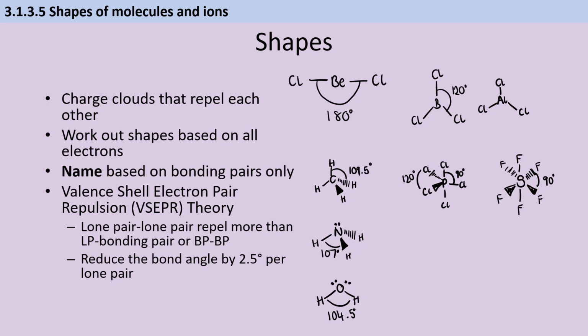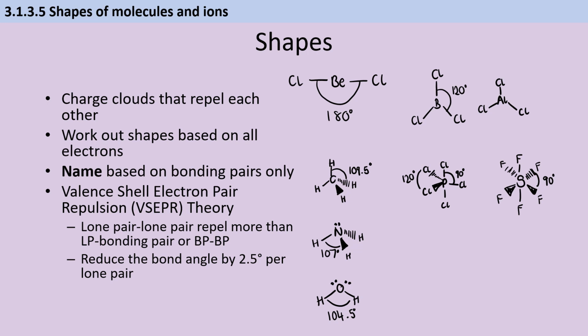Then we have trigonal planar where we have a bond angle of 120, and your basic tetrahedral with a bond angle of 109.5. Trigonal bipyramidal has 2 different bond angles. So we have 2 bonding pairs that are as far apart from each other as they can be, kind of top and bottom, and there's a 90-degree angle between them and the 3 remaining bonding pairs, which are all sort of forming a 2-2 around the middle, and the angle between them is 120, just like in the trigonal planar